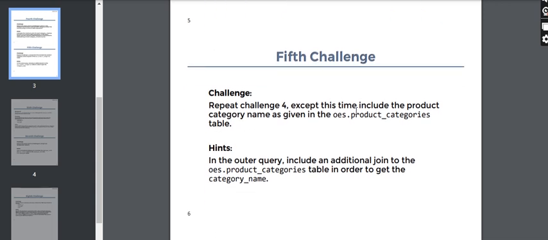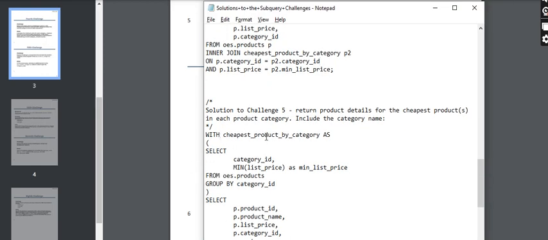Repeat challenge 4, except this time include the product category names as given in the OS product categories table. In the outer query, this time include the product category name as given in the OS product category table. In the outer query, include an additional join to the OS product category table in order to get the category name. See, with cheap products,